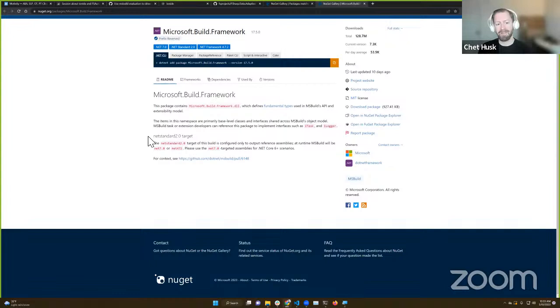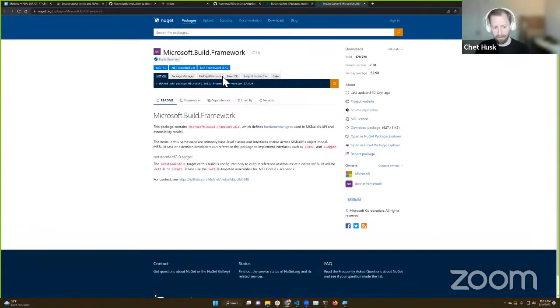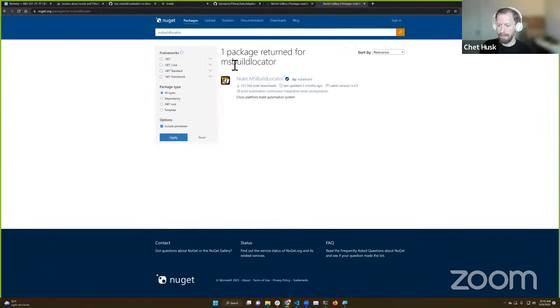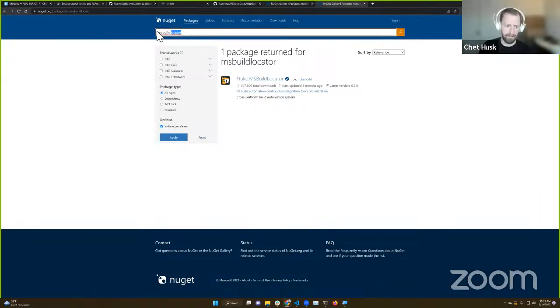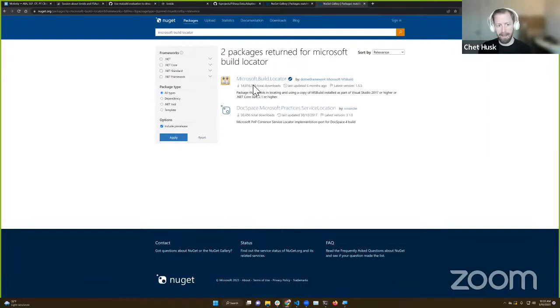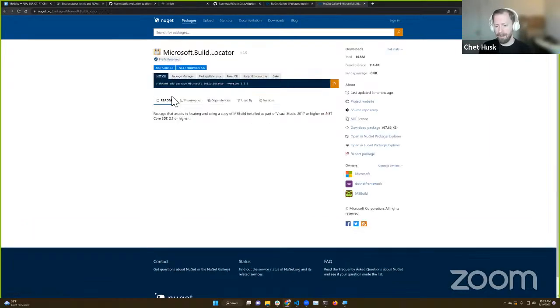There's another package called MS Build Locator, or you could use Projinfo to help you get around this. I think it might be called Microsoft.build.locator, Jimmy. But the point of this is an algorithm to help you find the appropriate set of MS Build libraries to load.